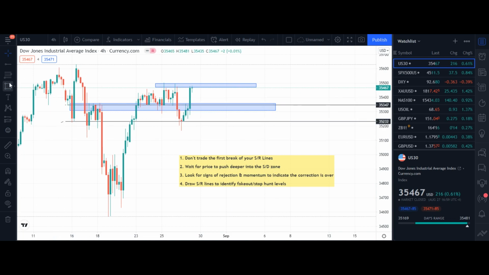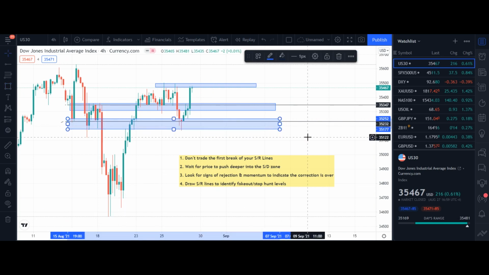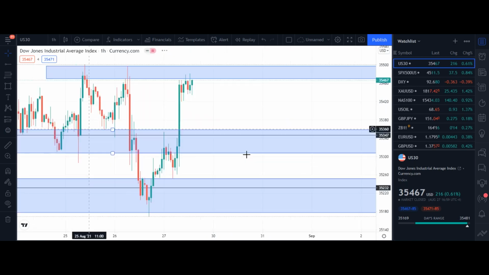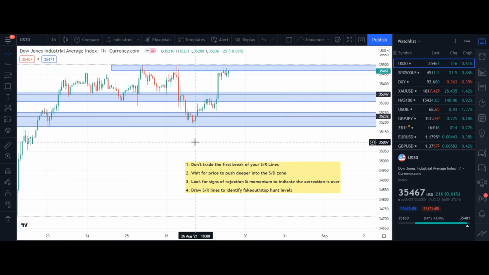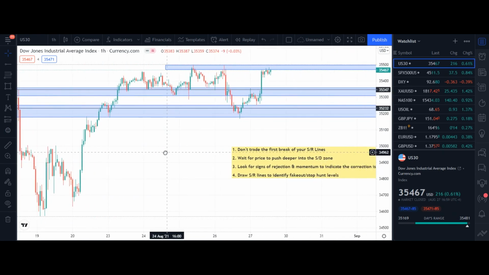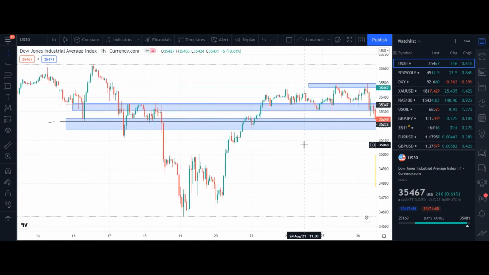Try and get as much price action in there as you can. All right. Okay, so let's go down to the 1 hour to get a little bit of a better view. Okay. So we have now our support and resistance lines. We have our zones. So we know now that